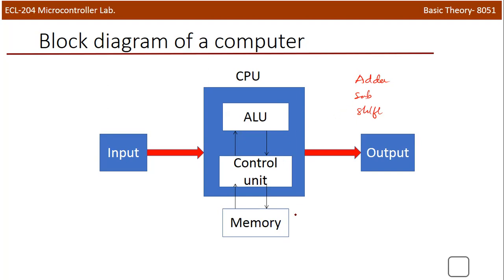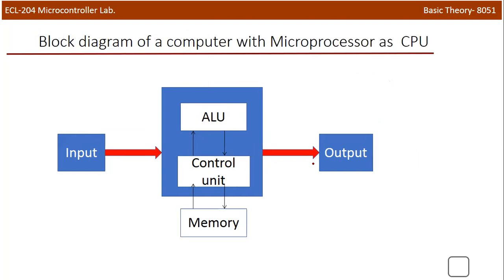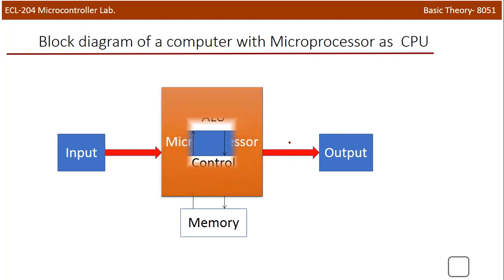Okay. Similarly, one important unit is the memory. This is also a very big unit when it comes to a computer system. But when technology developed, all these things, meaning the ALU, arithmetic and logic unit, and the control unit, became available on a single chip. Okay. So that single chip is commonly known as a microprocessor, and it is of very small size. Okay, the processing unit is available in a very small size. So that device or that unit is usually known as a microprocessor.